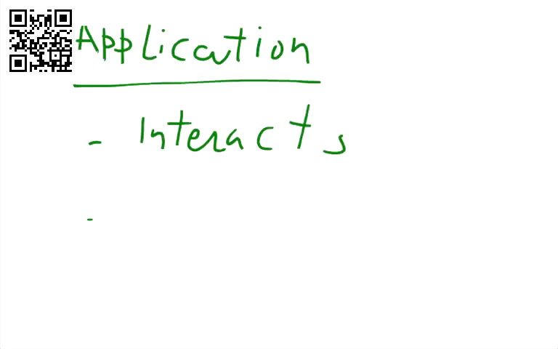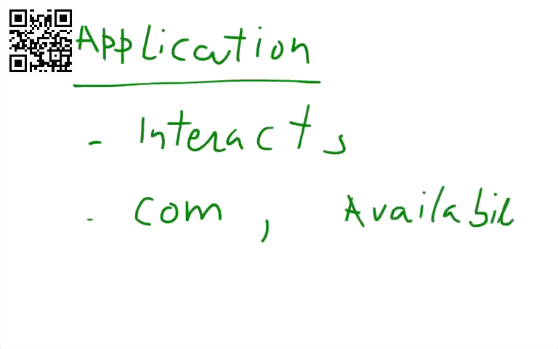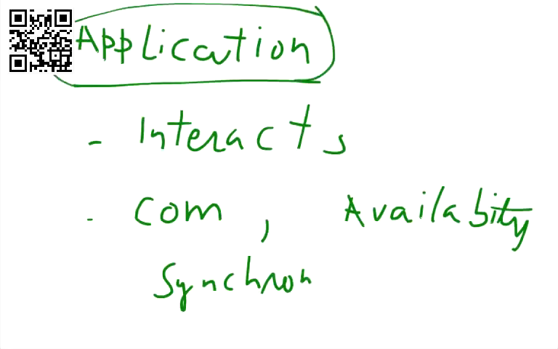identify communication partners, to determine resource availability, and to synchronize the communication. But just to make it simple, let's remember that application layer is the layer which directly interacts with the